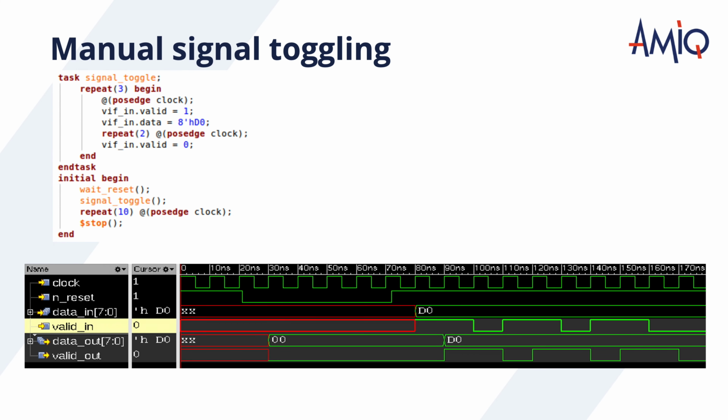Starting from the basics of Verilog, a signal, either standalone or part of an interface, can be toggled directly in an initial block or by using a task. You can see in the example what happens when we simulate a simple code block like the one displayed. However, this is inefficient, so the next logical step would be to organize stimuli in transactions.